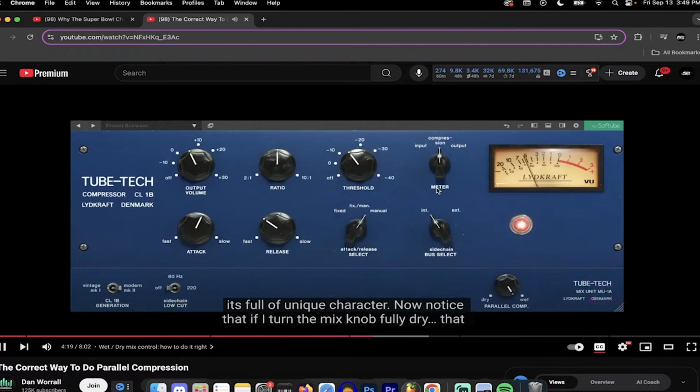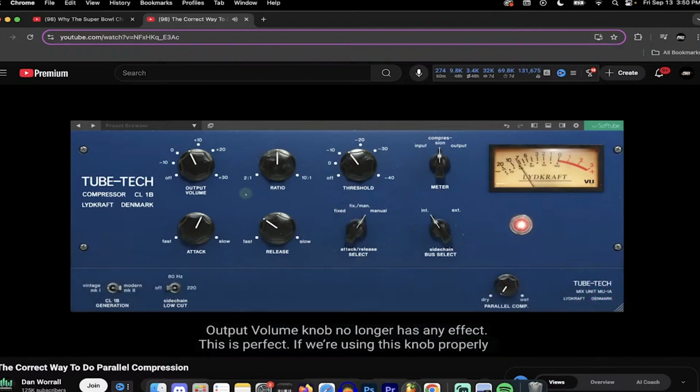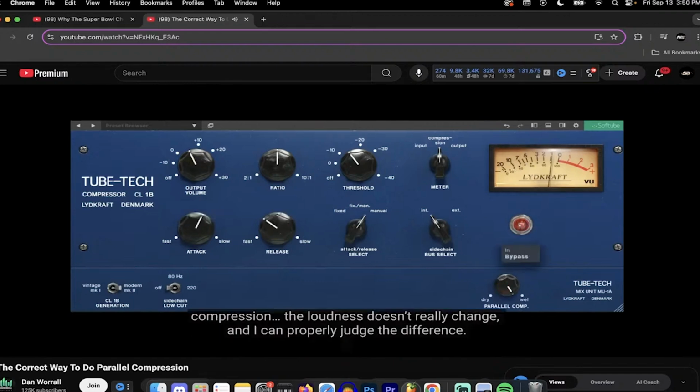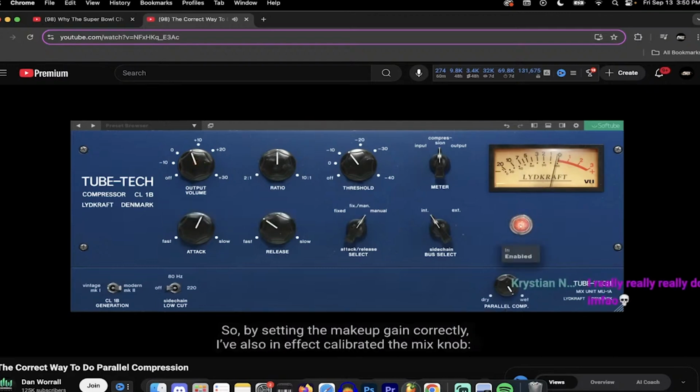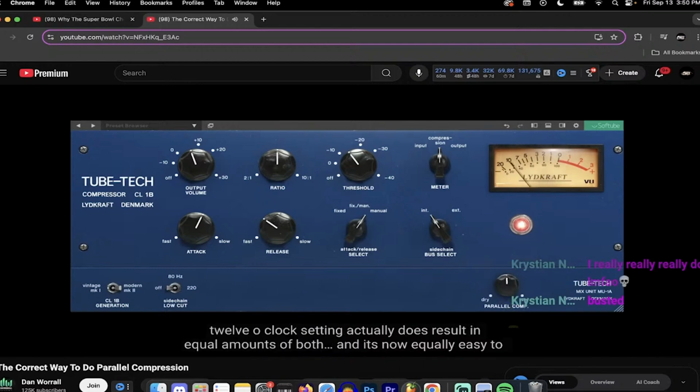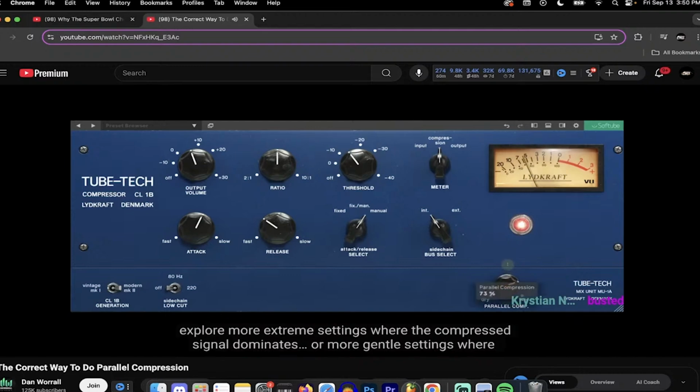Just that if I turn the mix knob fully dry, that output volume knob no longer has any effect. This is perfect. If we're using this knob properly, it will be set to compensate the loudness change from the compression, so that when I bypass the compression, the loudness doesn't really change, and I can properly judge the difference. So by setting the makeup gain correctly, I've also, in effect, calibrated the mix knob. Now the dry and wet signals are roughly equal in loudness to start with, so a 12 o'clock setting actually does result in equal amounts of both. And it's now equally easy to explore more extreme settings where the compressed signal dominates, or more gentle settings where